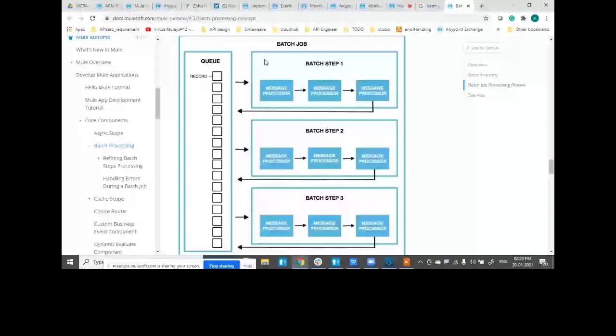the first 100 records. When the entire block has been executed, the block is pushed back to the queue, and the thread first checks whether there is another block available to be executed in batch step 1. If there is, it picks that block and continues with batch step 1. Now, once all the blocks are exhausted, either executed or currently under execution,